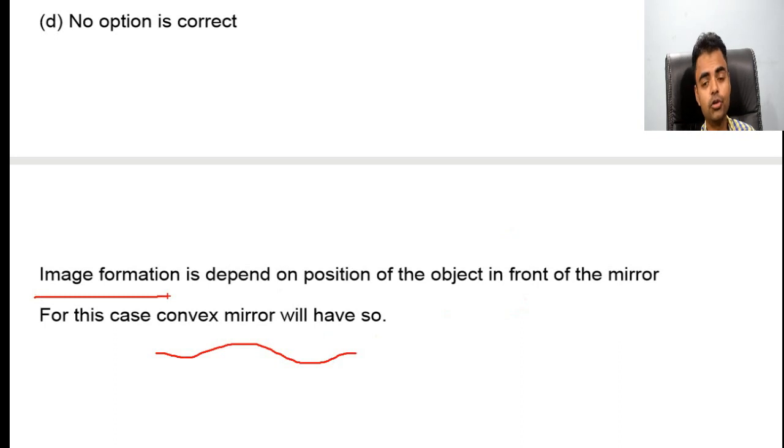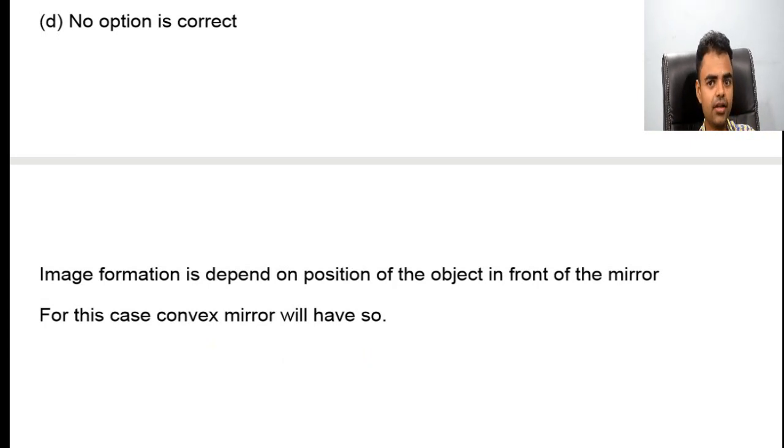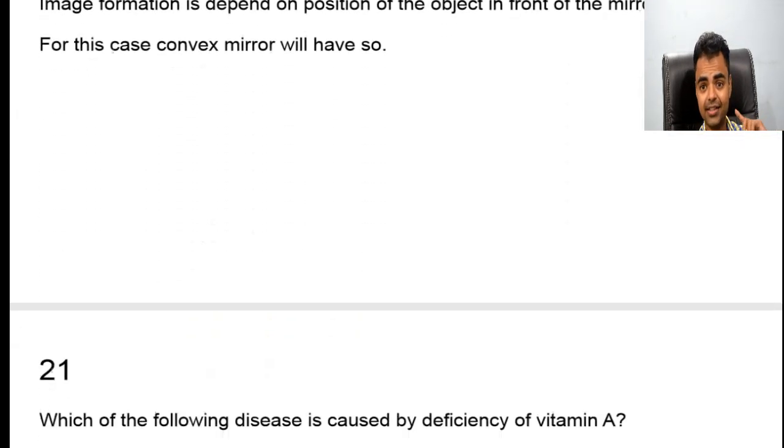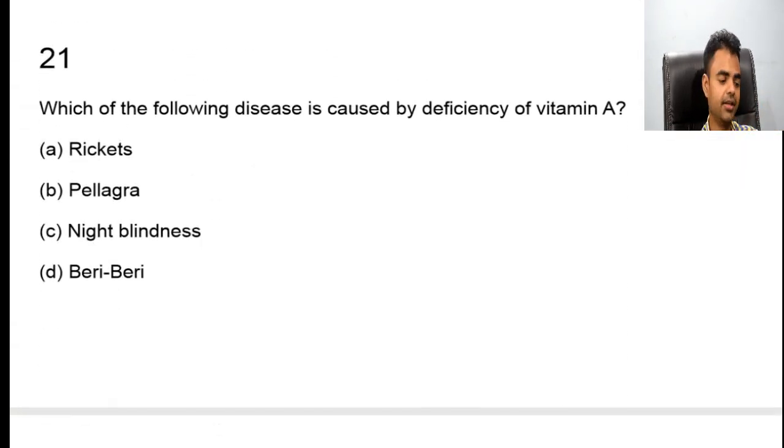If you go to lenses, there are concave lens and convex lens, then double concave lens, double convex lens, plano convex lens, plano concave lens. There are many lenses, but you don't need to study these in depth. Whatever is in the 10th class syllabus, you need to study that only.